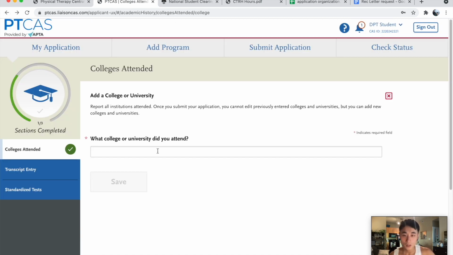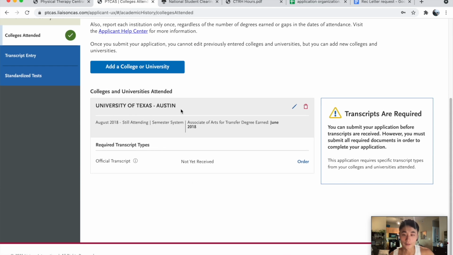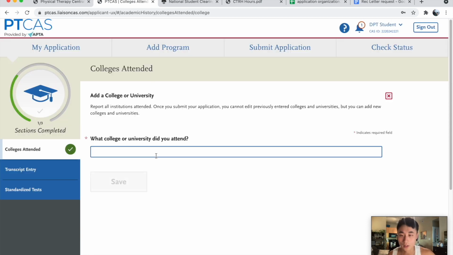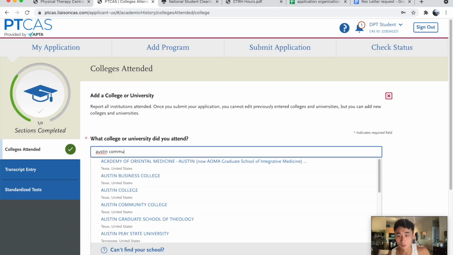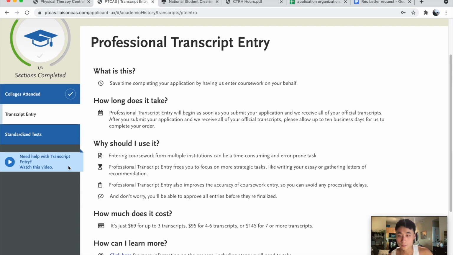Okay. Another thing about the colleges attended is you can add another university. Let's say you transferred from a different university, or you went to a community college for certain degrees. It's not degrees, but even for courses. So add university, let's say it's Austin Community College, and then go through the same process that we went over. So there was colleges attended and transcript entry. And then the next one is